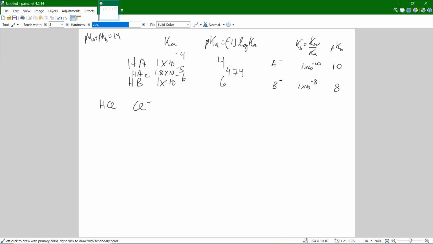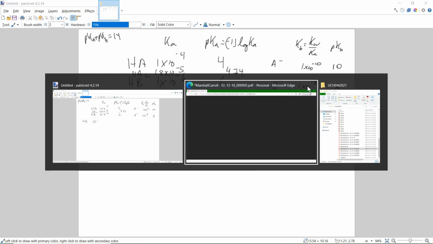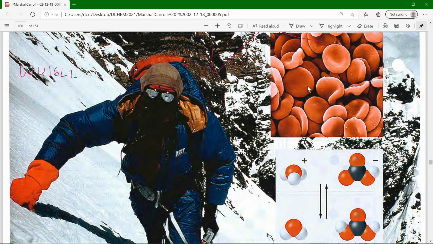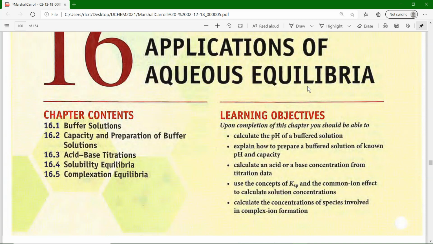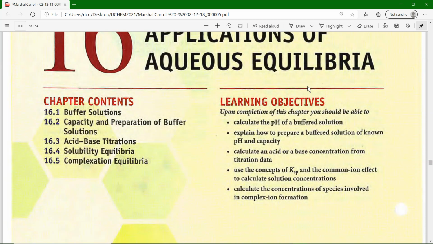So let me go to the fancy picture. This is page 770. The pictures there about red blood cells are talking about a buffered system to keep us alive. So buffers are important stuff, and that is what we're going to look at in Chapter 16. The first bit is called buffered solutions. We're going to look at how to make them and